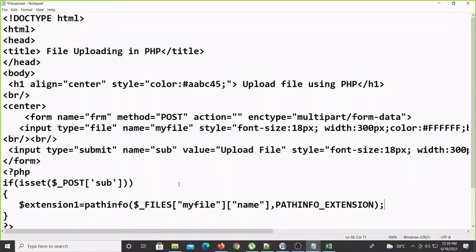Now I will give the file name based upon my wish. Sometimes users give some special characters or a very big file name. The general standard in programming is that whenever a user uploads a file, you rename the file name based upon your wish. If you are not renaming it, multiple users may give the same file name.